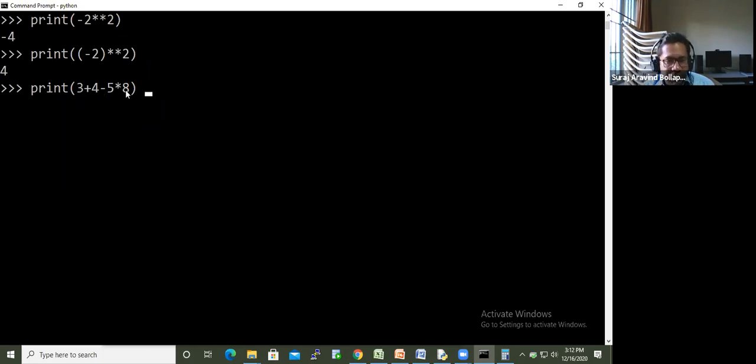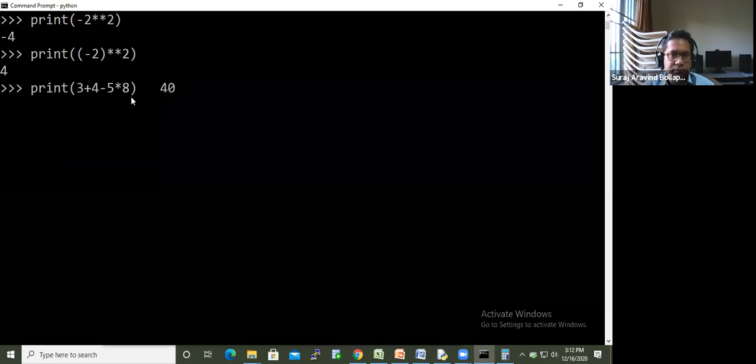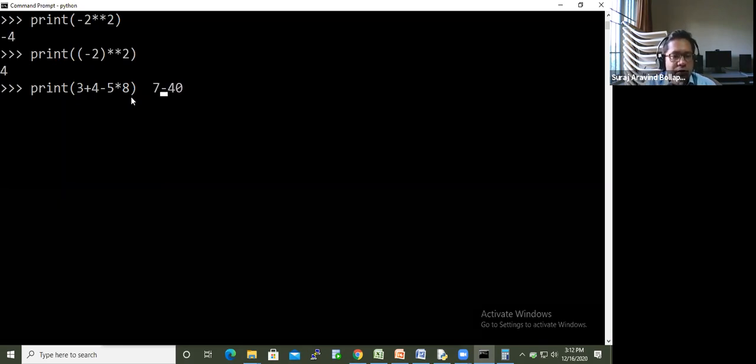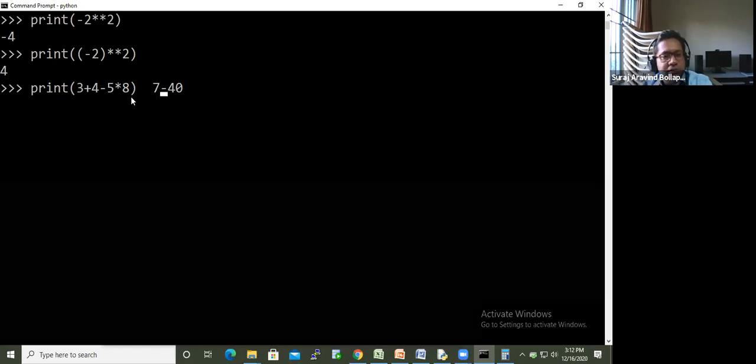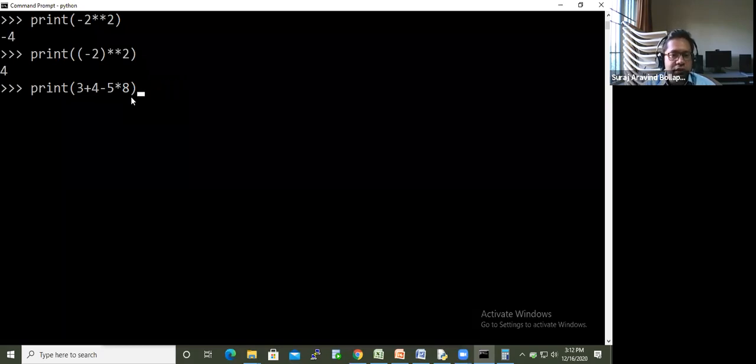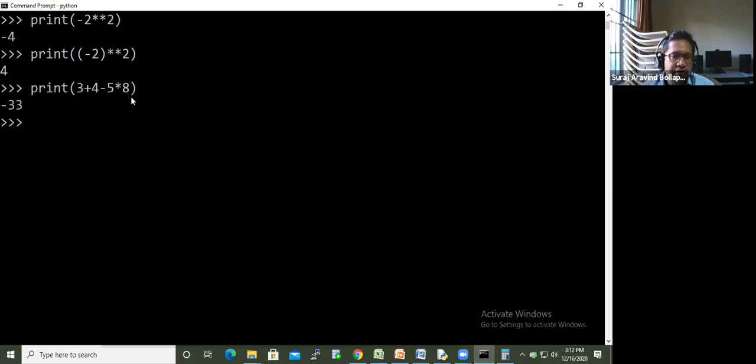So 5 into 8 is 40, minus that, then 3 plus 4 is 7. If this problem is given in an examination, this is how you calculate: you first give preference to multiplication, then the other operators. Manually you should get minus 33 as the answer. Let's see what Python does. It is giving the same thing.